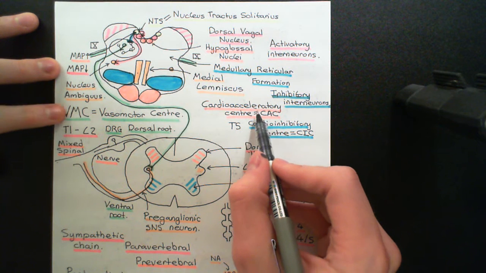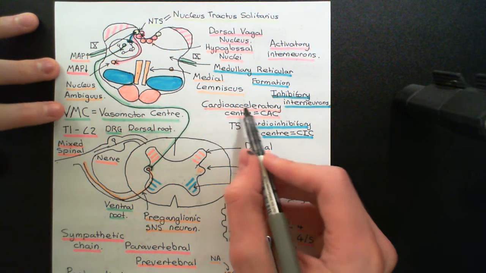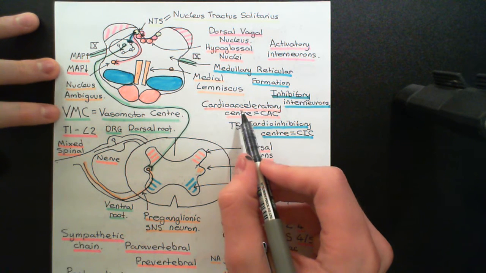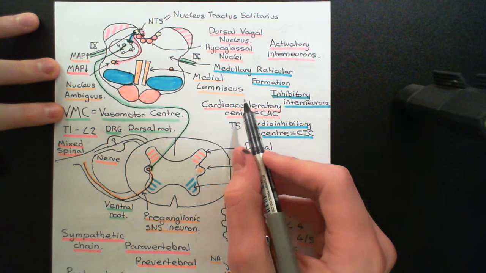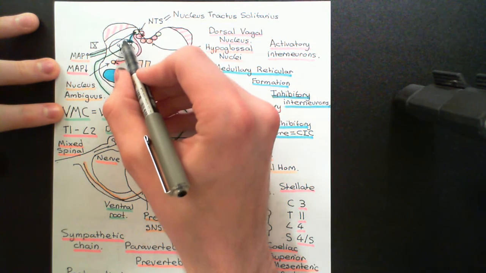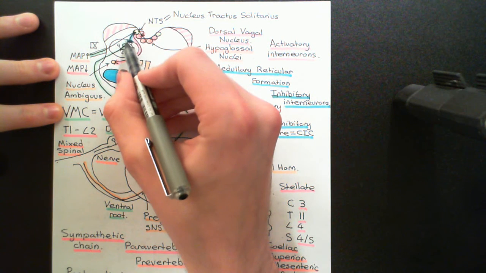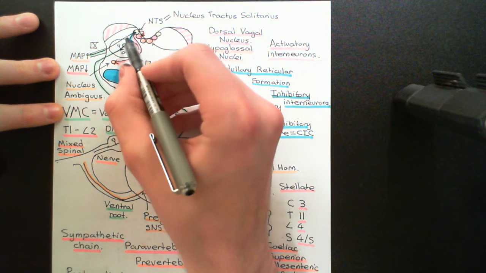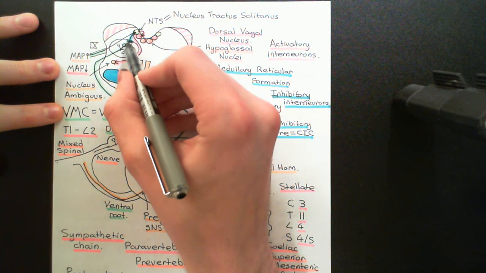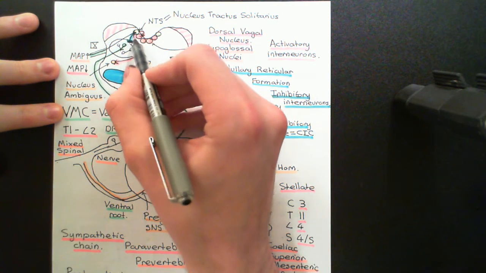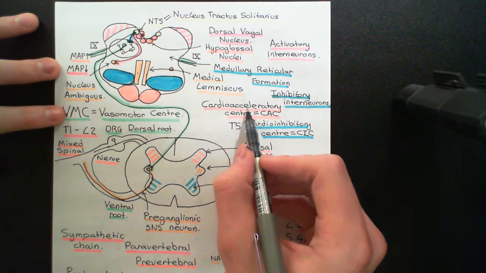That means their activity goes far beyond what it would normally be, because they've no longer got this brake on them that's normally present coming from the nucleus tractus solitarius, because those interneurons are no longer receiving their normal level of stimulation,